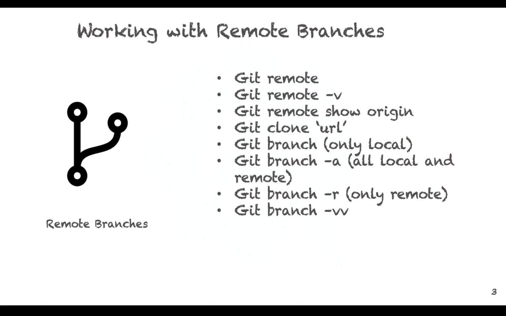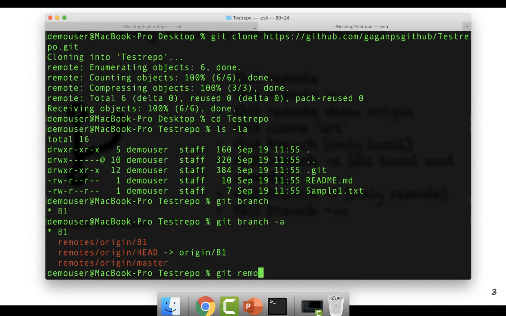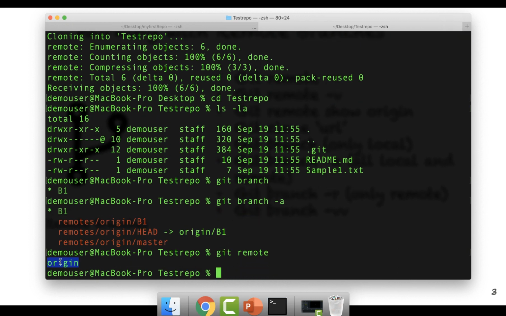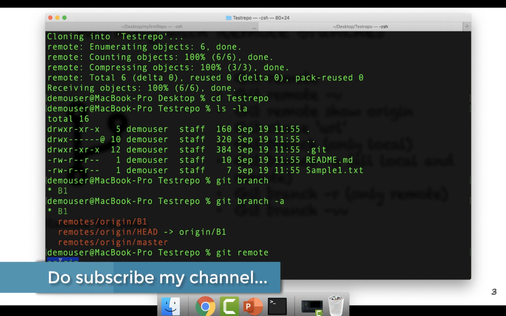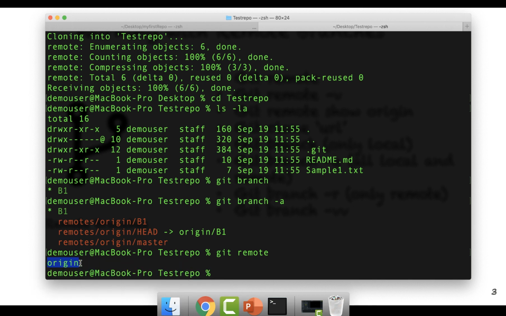The first command is called git remote. If I type git remote, it will show one name called origin. Origin is nothing but the name of a remote repository. So the remote server has some name. By default, when you clone or link to a particular remote repository, a name is assigned, and origin is the default name given to any remote repository. This name is used a lot when you do operations related to your remote repository. So this is one command to check it. Secondly, you can check it by doing a git remote -v.